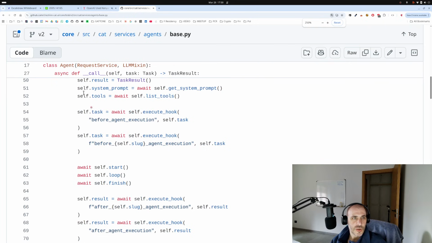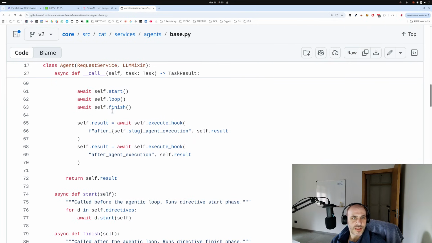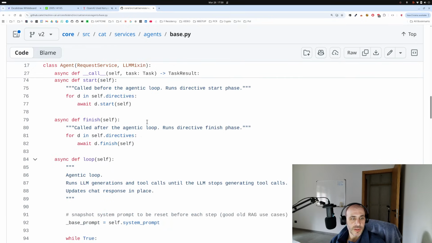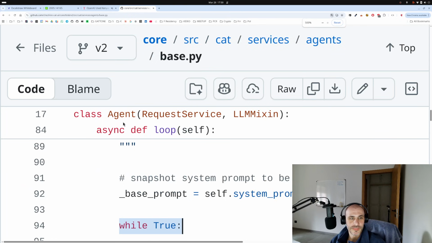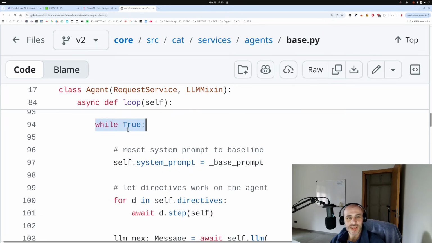Look at this. So when the agent is called, this is what gets done: start, loop, finish. Let's jump over start and finish, which allow you to do really custom stuff with your agent, but the basics are really easy to understand. This self.loop method: while true, so there is a loop.